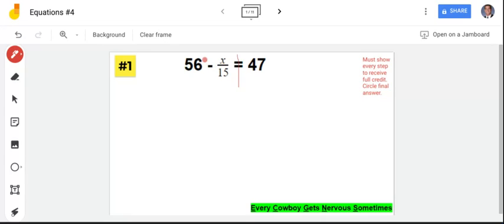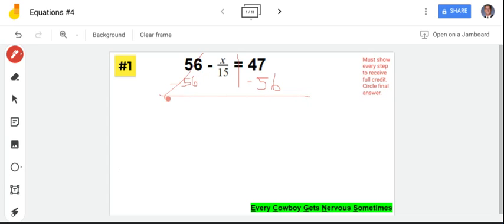So I need this number 56 to move to the other side. And if I move a term, I move it by adding or subtracting, whatever inverse operation is needed. So how am I going to move 56 to the other side? Well, I can't add 56, right? Because 56 plus 56 will not be 0. It will not cancel out over here. So I have to do minus 56. I have to subtract 56 from both sides